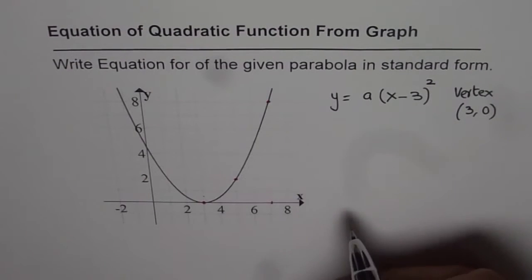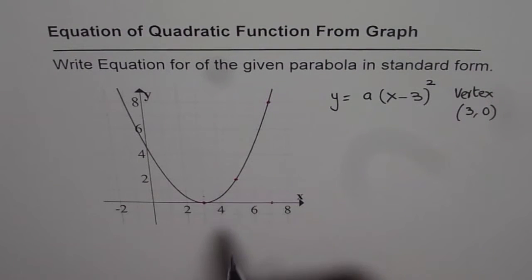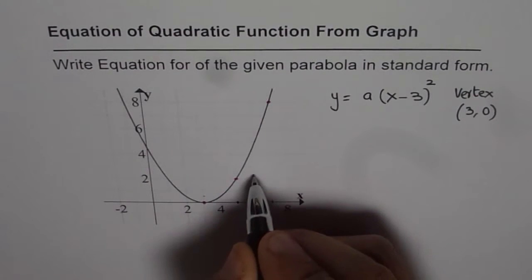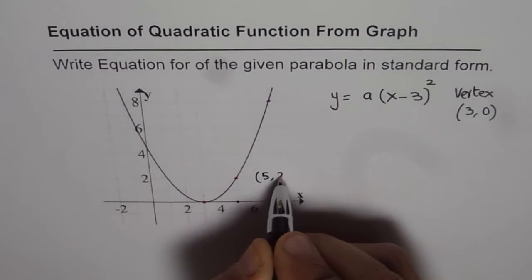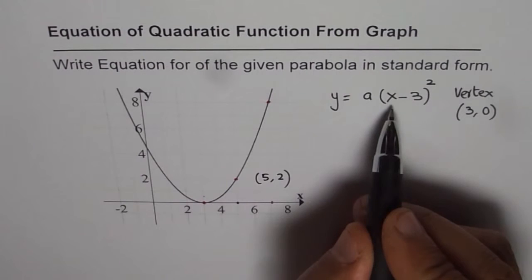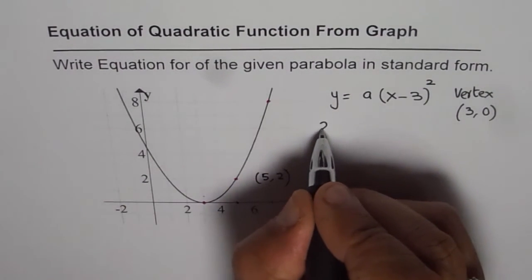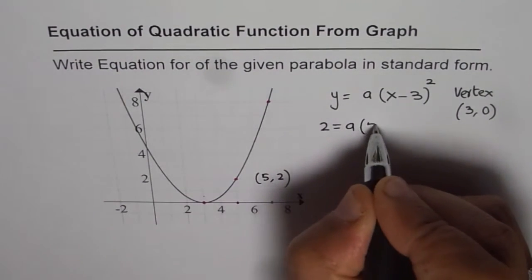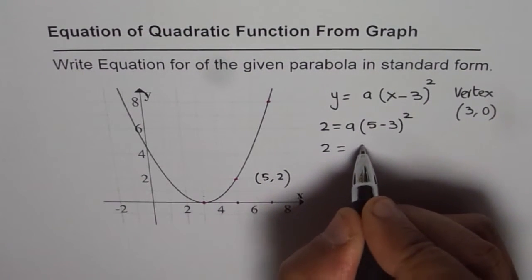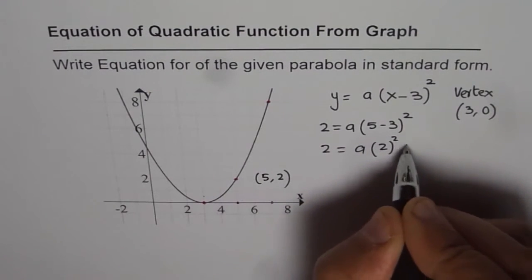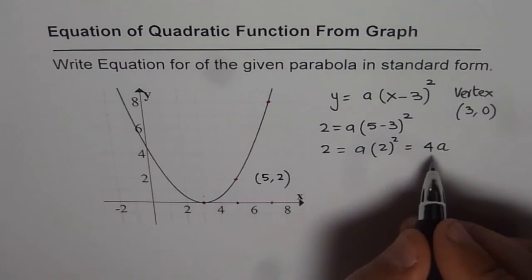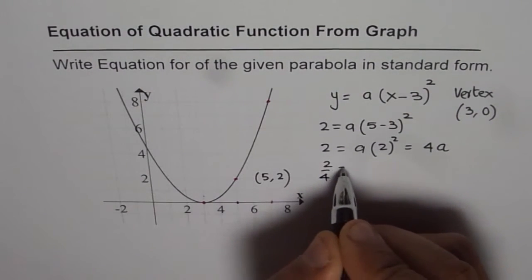Now to find the value of a, we can use any other point on the graph. So let us try to use this point, which is (5, 2). If I use 5 and 2, that means for x the value is 5 and y is 2. I get 2 equals a times (5 minus 3) whole square. So 2 is equal to a times 2 square, which is 4, right? So it is 4a, and from here I know a is 2 divided by 4,